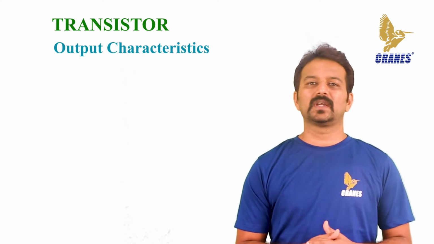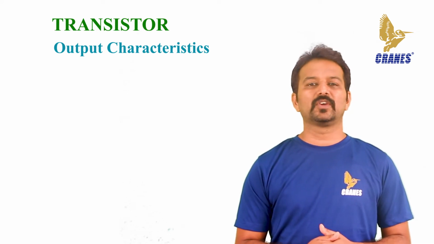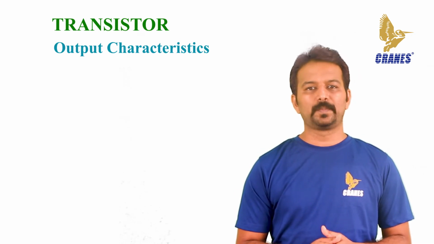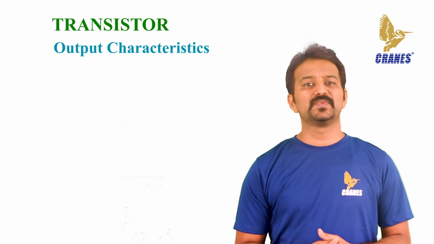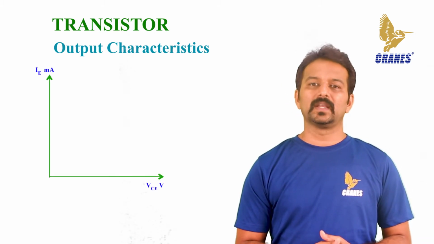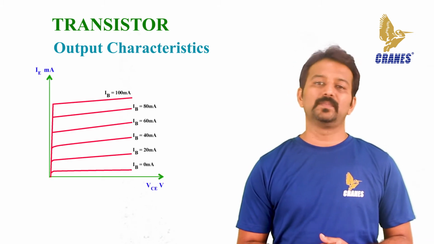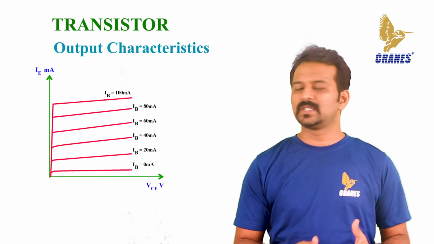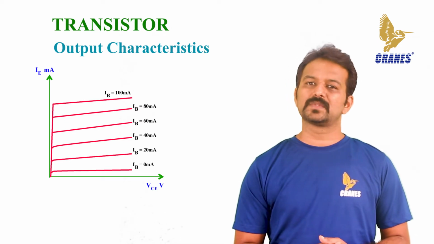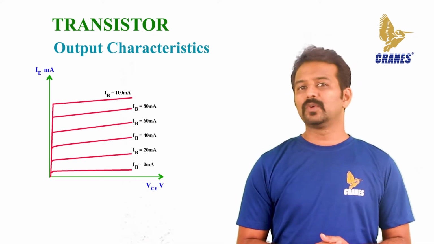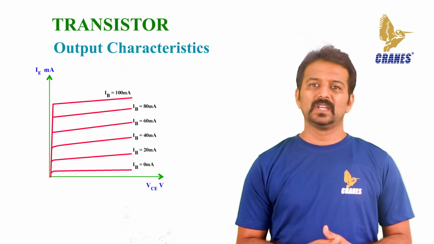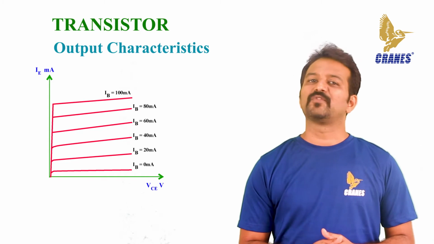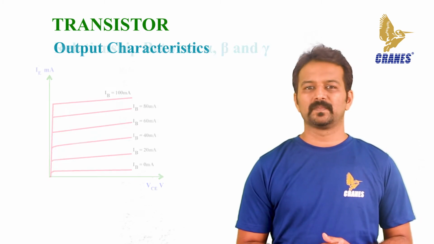The operation of the common collector circuit is the same as that of the common emitter circuit. The output characteristics of a common collector circuit are obtained between the output voltage VEC and the output current IE at constant input current IB. In the operation of the common collector circuit, if the base current is 0, then the emitter current also becomes 0. As a result, no current flows through the transistor. If the base current increases, then the transistor operates in the active region and finally reaches the saturation region.